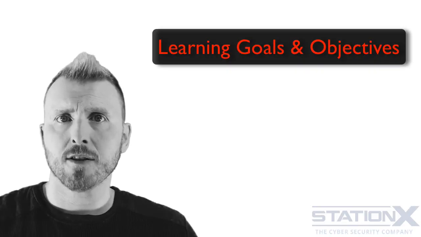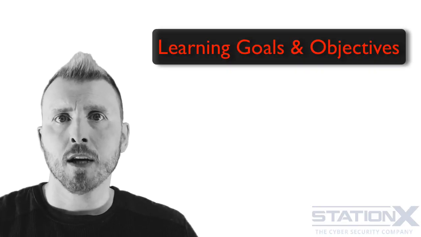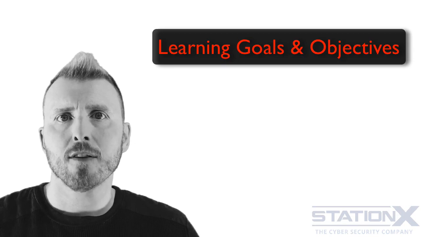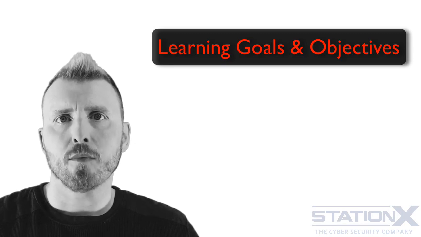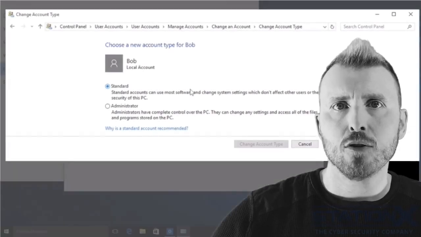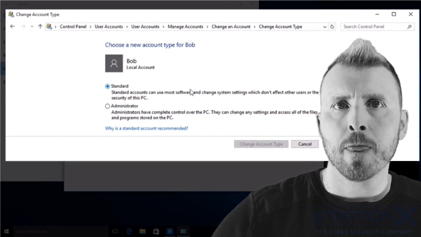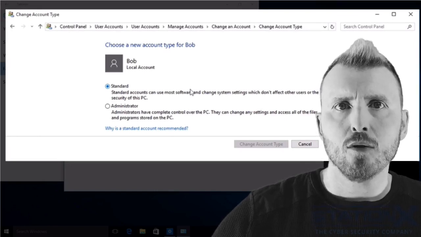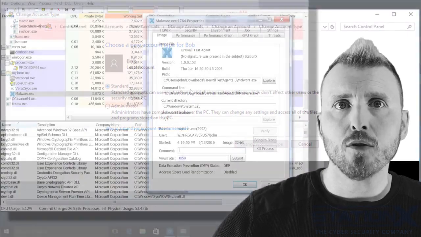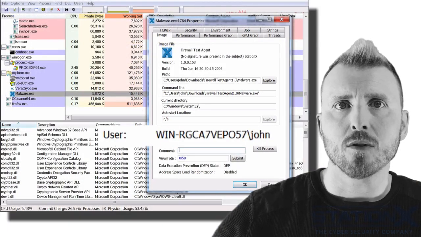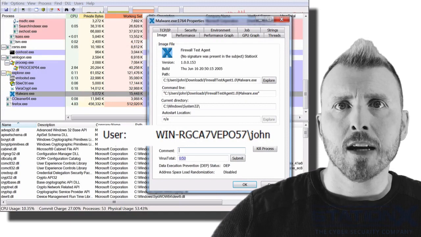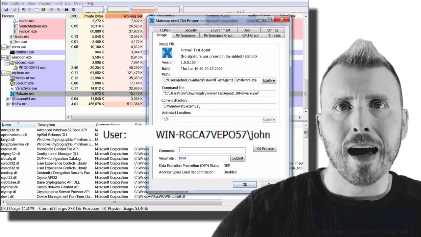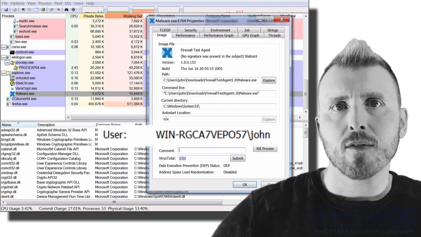The objective of this section is to understand the very simple but extremely effective method of reducing default privileges. This will help contain malware or an attacker by reducing the privileges that they run under. Most attackers have the level of privilege of the logged in user or the privilege of the process running the application that was exploited. This means if you are logged in with an admin privilege, so effectively God on the